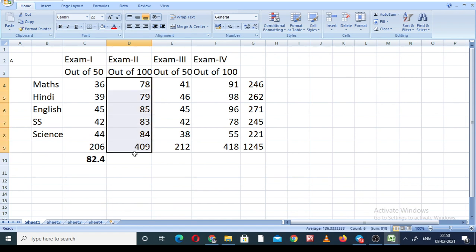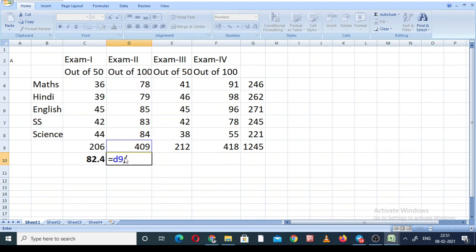The same, we select all this one. No need to select actually, it's already D9. Show equal. This is D9, alphabetically D and numerically 9. So you can manually type here D9. Then divide by maximum marks.